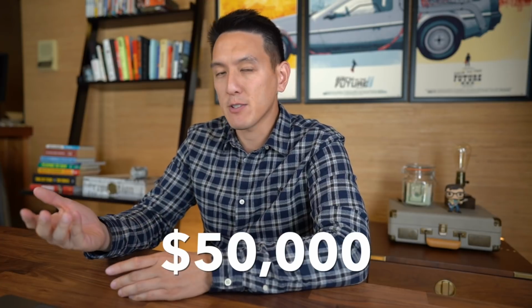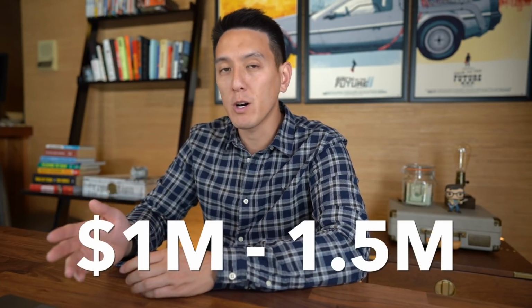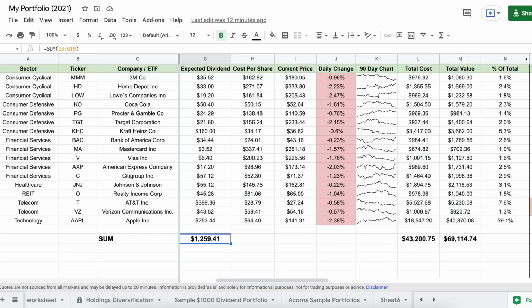Now, if you do want to live off of dividends, you'll need to have a really sizable portfolio. As an example, if you wanted to live off of $50,000 a year, your total portfolio value would need to be around $1 to $1.5 million at an overall yield of 3 to 5% per year. My portfolio, if you can see right here, sits at right around 1.8% dividend yield per year. And the way that I figured that out was I just basically divided my total dividends per year of 1,259